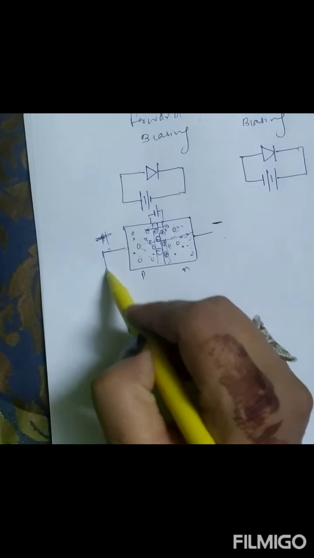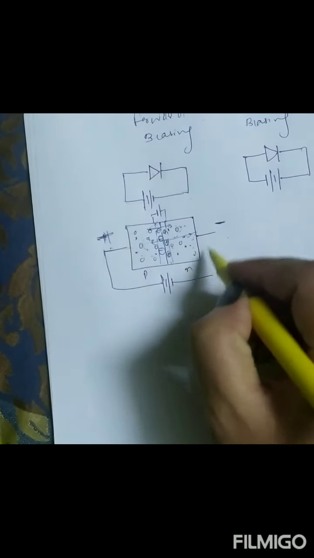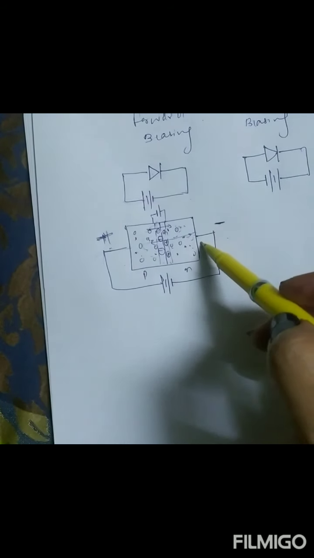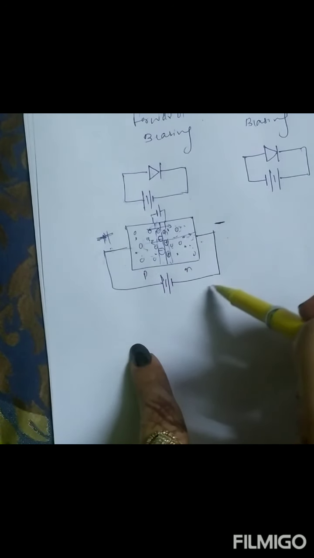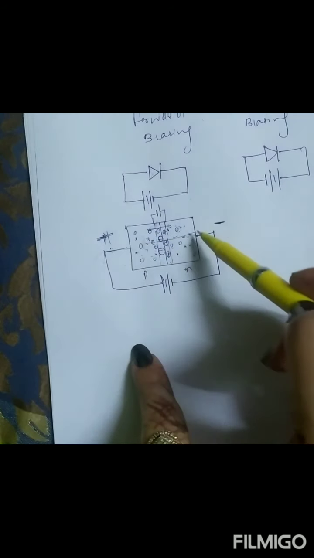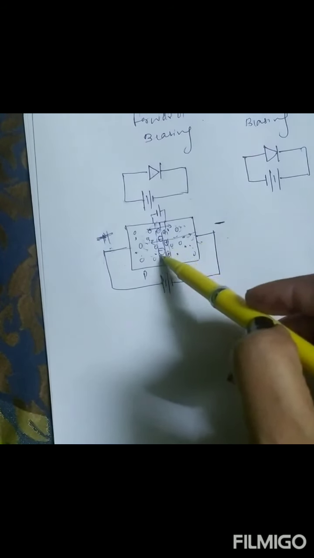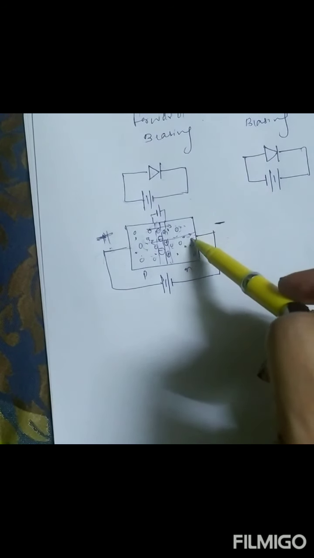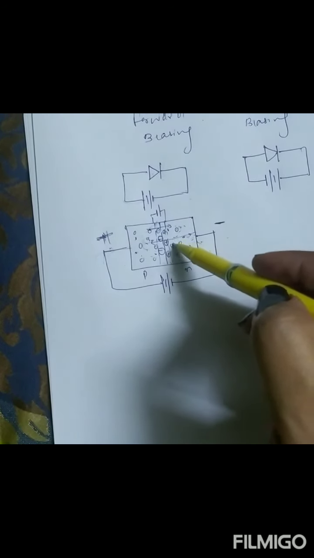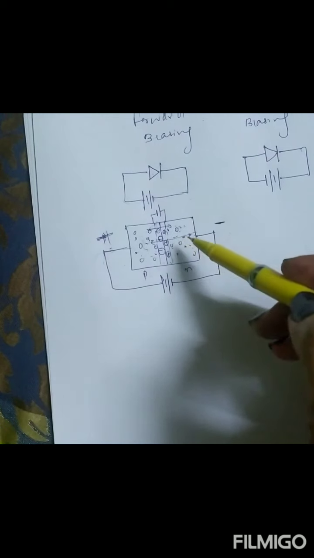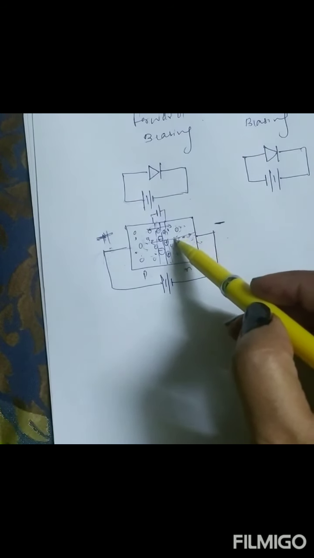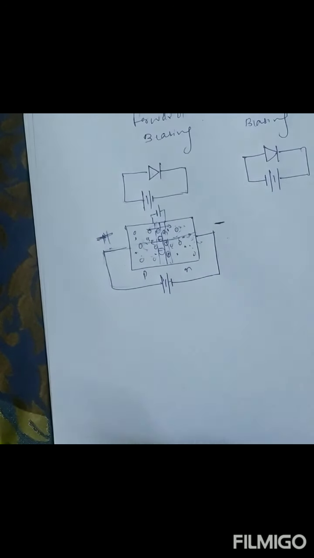Okay, so if I draw the full diagram here, this is the diagram. Outside the semiconductor, only electrons can move in the wire. Holes cannot move here because this is a metal wire, so there cannot be a hole. The hole just combines with the electron over here. And then from the battery, when one hole consumes one electron, negative electrons are again supplied by the battery. And those electrons are actually coming from here only. This electron goes over here, and then from here it can go to the battery. So this process is repeated, and hence in a p-n diode the current is due to majority charge carriers.